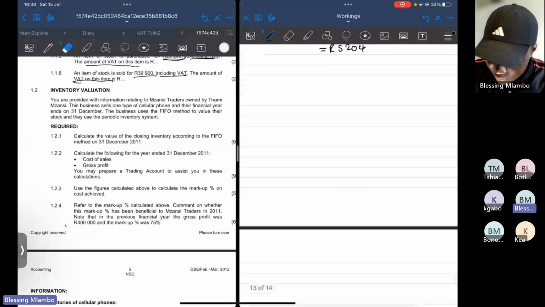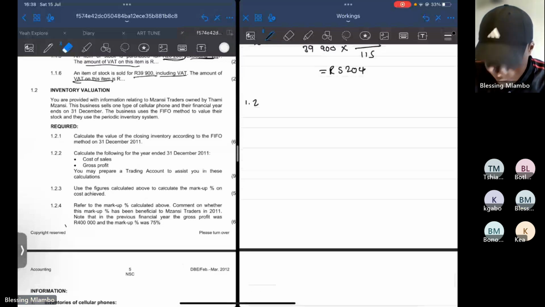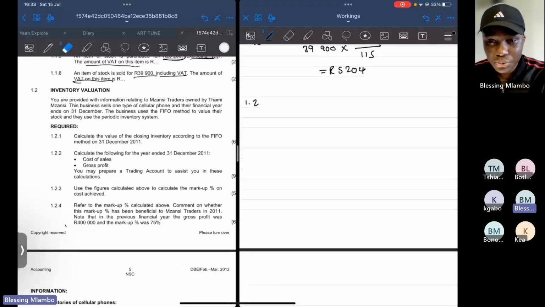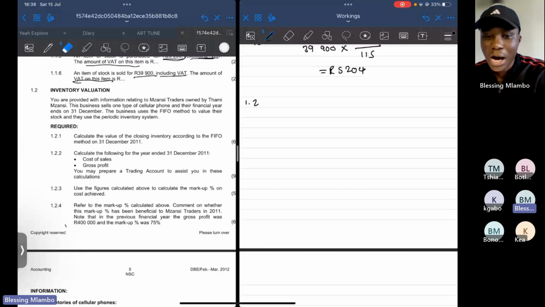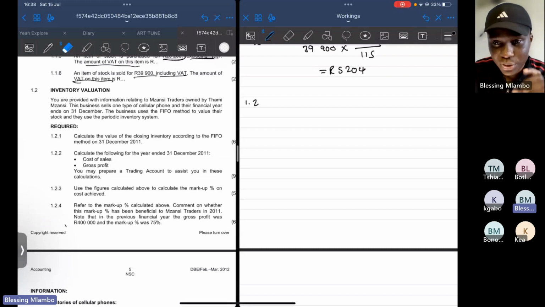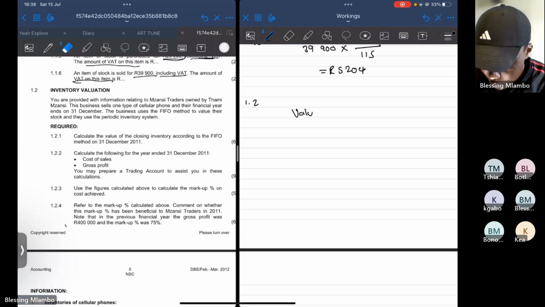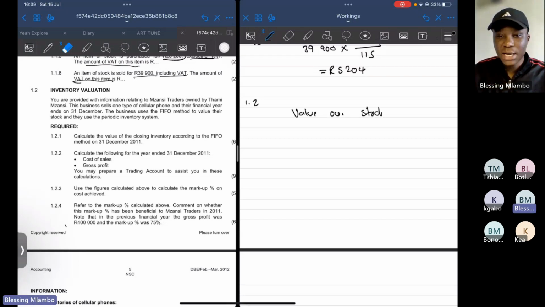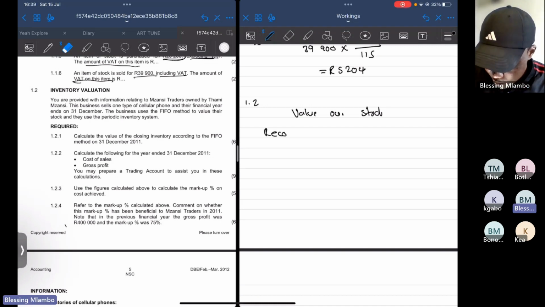So with inventory valuation, it says from the name, right? What we're trying to do is value our stock inventory. So we're trying to value, meaning that we're trying to put an amount on our stock. That's basically it with inventory valuation. We're trying to put an amount on our stock, right? So we have two components. The first thing, we have what we call a recording system,